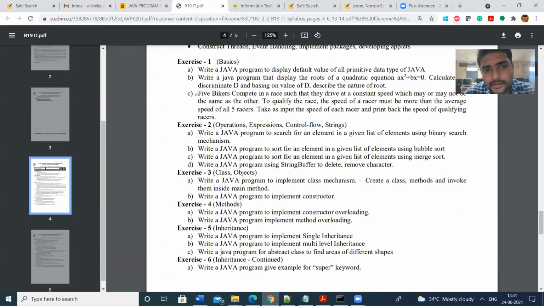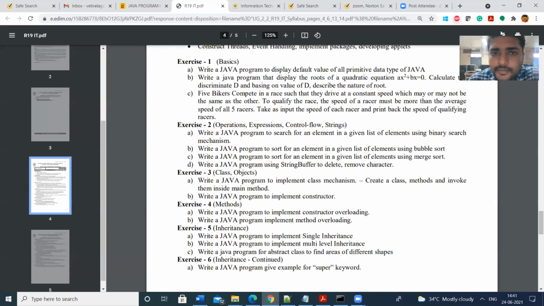So next, third one. Here see the problem. Five bikers compete in a race such that they drive at a constant speed, which may or may not be the same. That means here there are 5 racers: Racer 1, Racer 2, Racer 3, Racer 4, Racer 5.